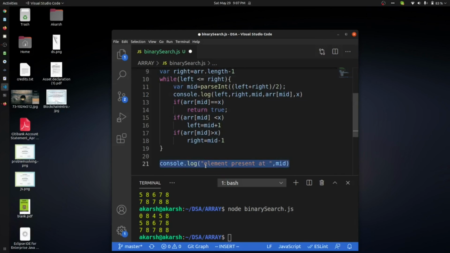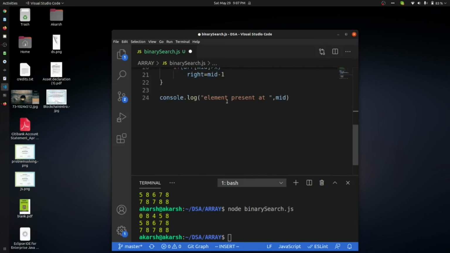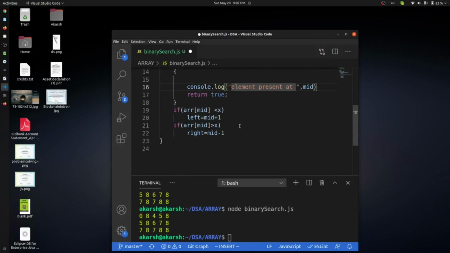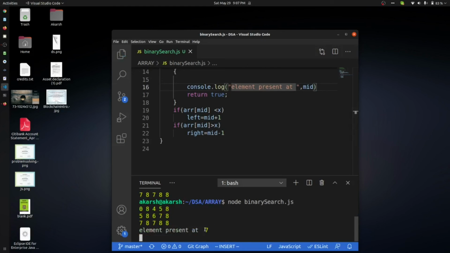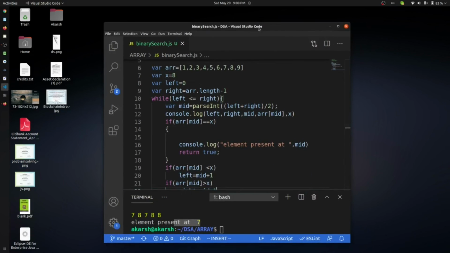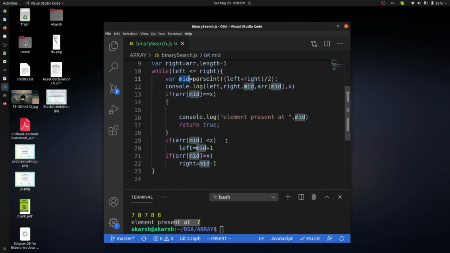Just move it. Okay, so the element is present at 7, but why was it not accessing the variable outside this?